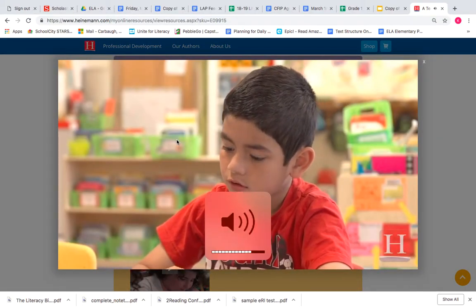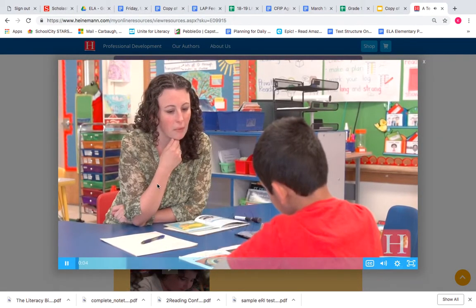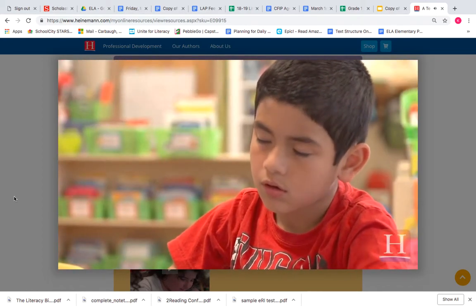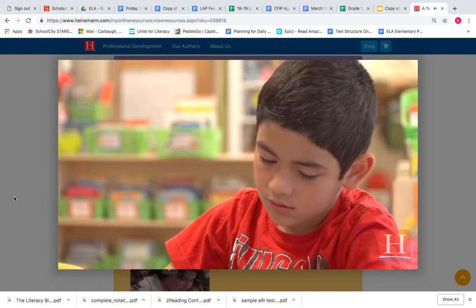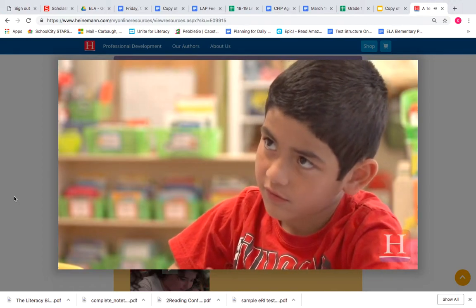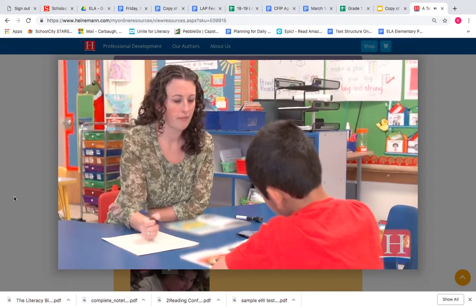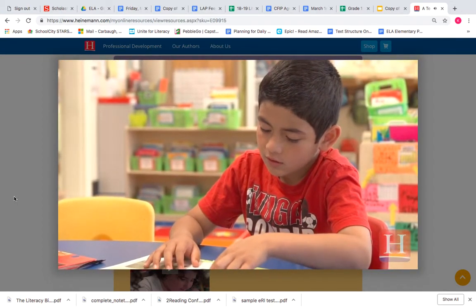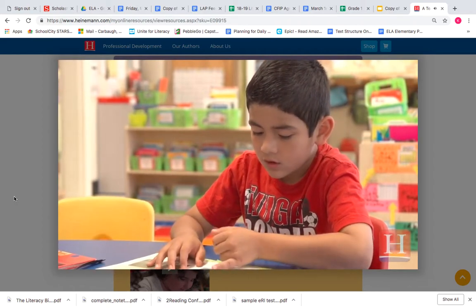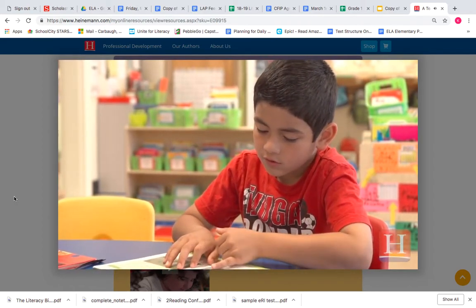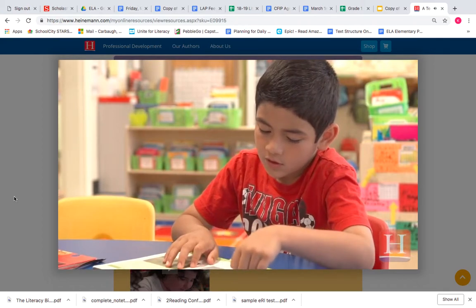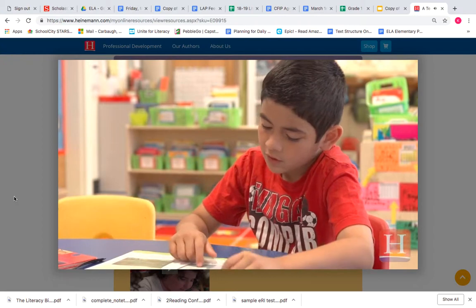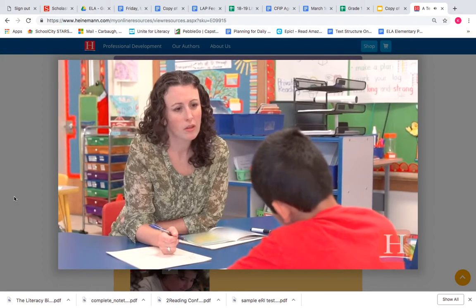Last time we spoke, we were talking about how you use the pictures to help you figure out the words you don't know, right? Remember that conference? Have you used the pictures at all to help you figure out new words? Can you show me a place where you've done that? It looks like he's climbing, so then I kind of understand that he's moving, looks like he's climbing, so then I